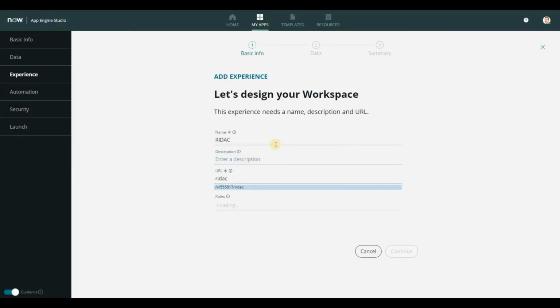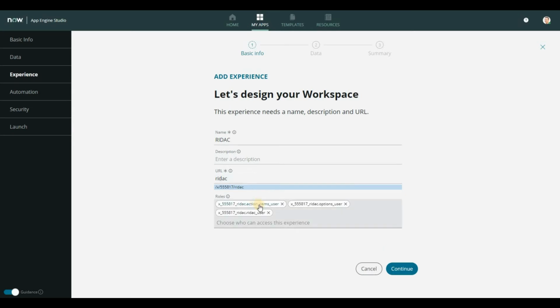Now, you can give this a different name than you named your application. We're going to go ahead and leave that as is. You can add a description if you like. You can change the URL of your workspace and add any roles that you want included for access to your workspace. Now we're just going to go ahead and leave the 3 user roles that were created, and we're going